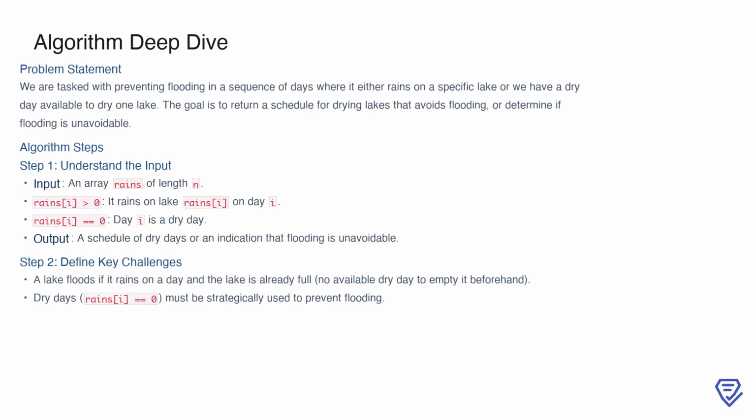The input consists of an array called rains, where each element corresponds to a day. If the value is greater than 0, it indicates that it rained on the specified lake that day. If the value is 0, it is a dry day. The challenge lies in using these dry days strategically to empty the right lakes at the right time to avoid flooding. The output of the algorithm should either be a valid drying schedule or an indication that flooding cannot be